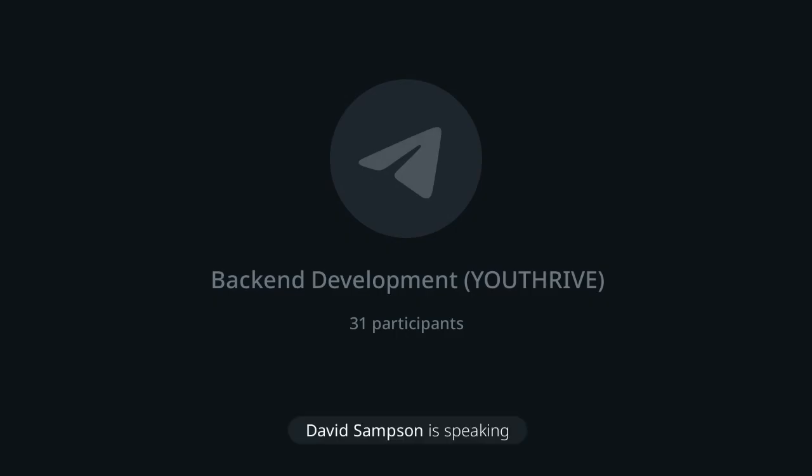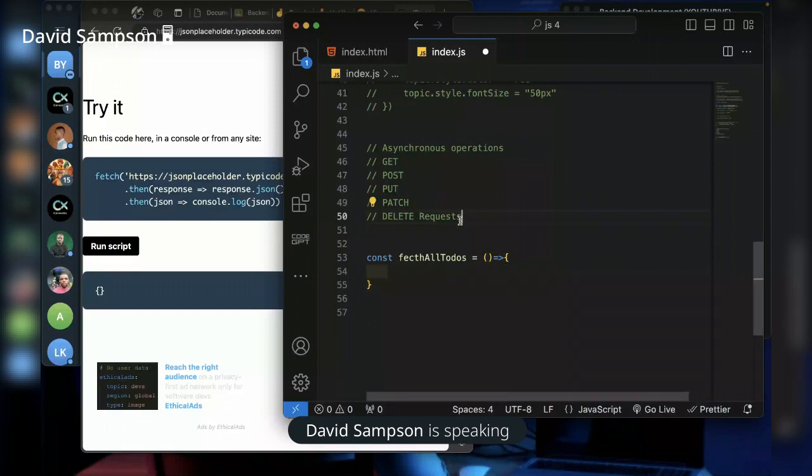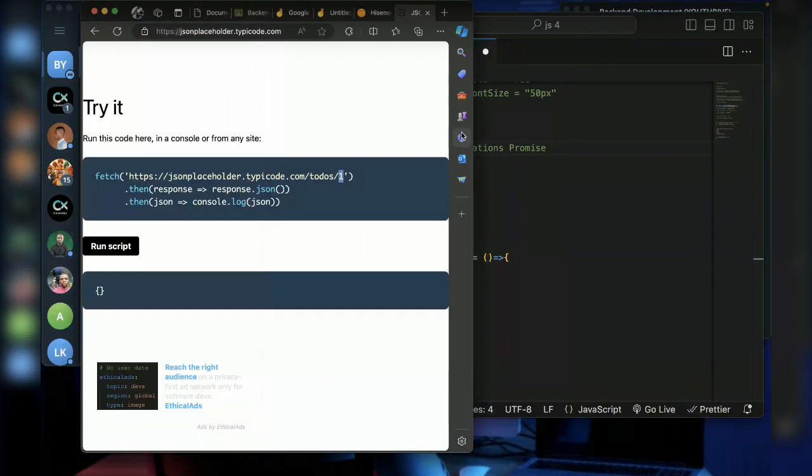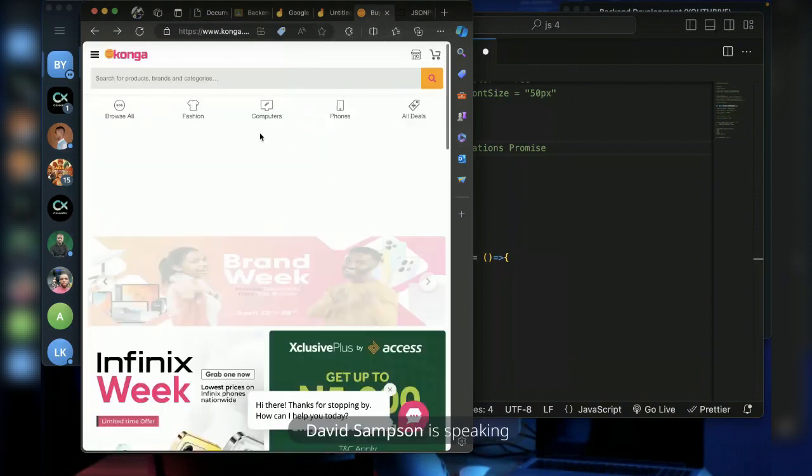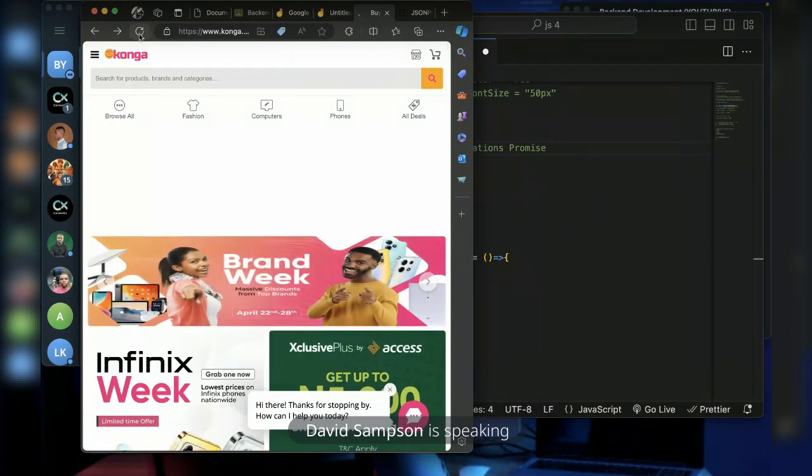These requests, there's a reason why we call them asynchronous operations. The reason is this: they will return a promise. So I will try to explain what a promise is and what asynchronous means. When you are trying to perform a task and you are waiting for a response to come back, when you make this request, you are going to wait until it finishes loading.